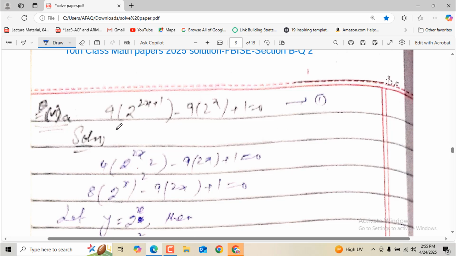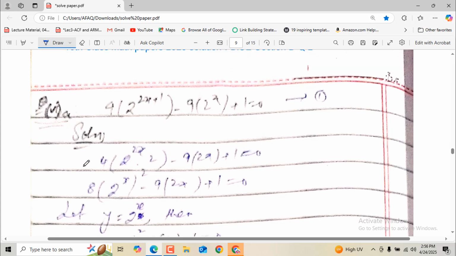4 times (2 raised to power 2x plus 1) minus 9 times (2 raised to power x) plus 1 is equal to 0. I have labeled this equation number 1. Solution: now I am going to split this factor 4 times 2 raised to power 2x into 2 raised to power 1, minus 9 times 2 raised to power x plus 1 is equal